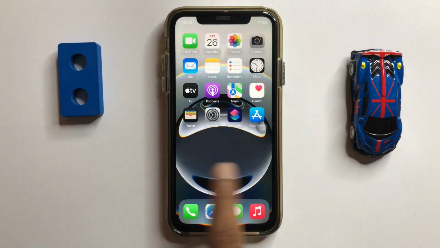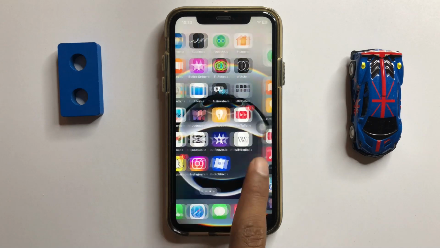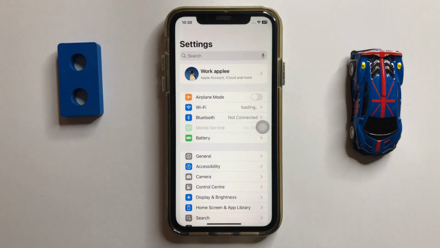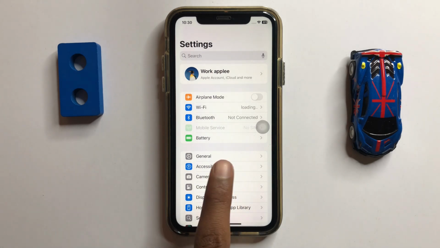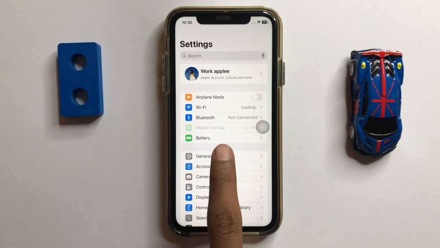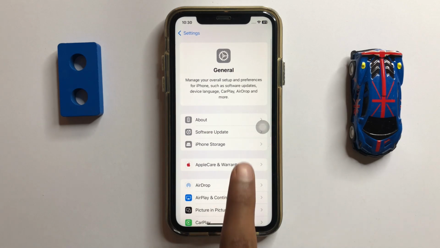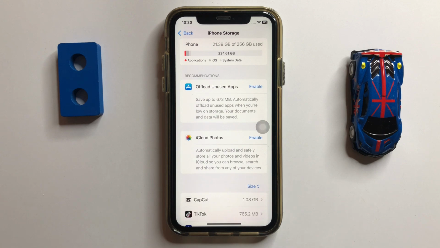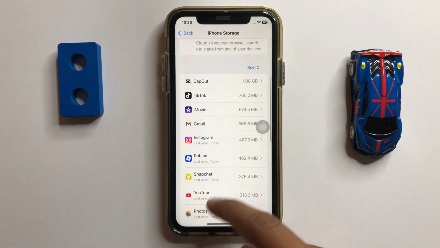First of all, if you want to fix this problem, then simply open your settings. In settings, here you can see the option General. Now click on General and then click on iPhone Storage. After clicking on iPhone Storage, then scroll down and open your app